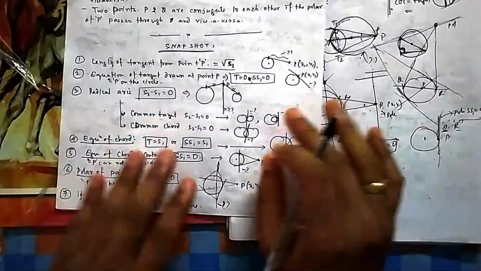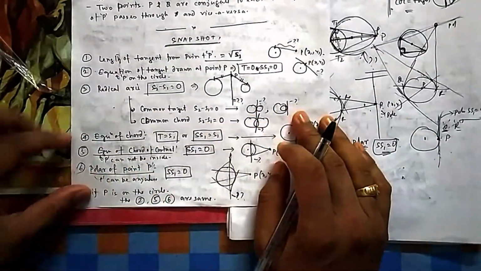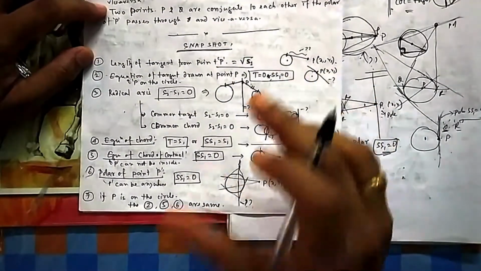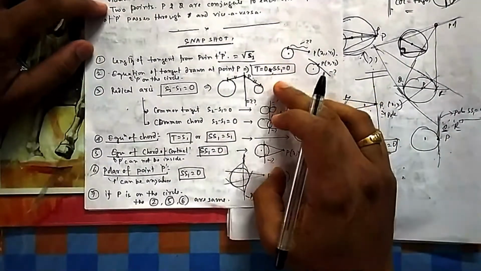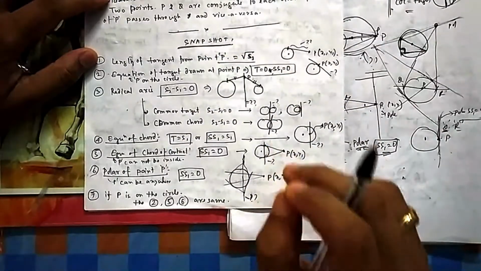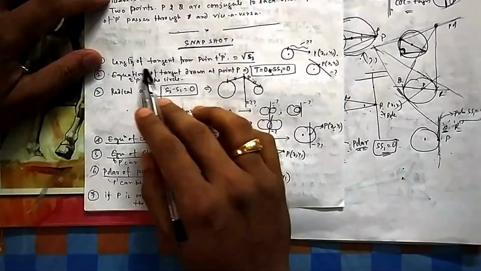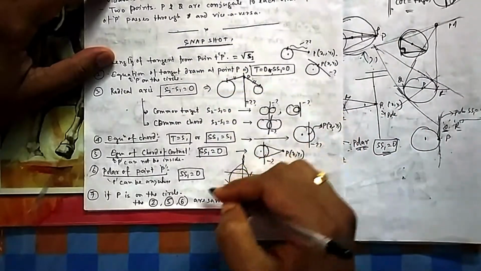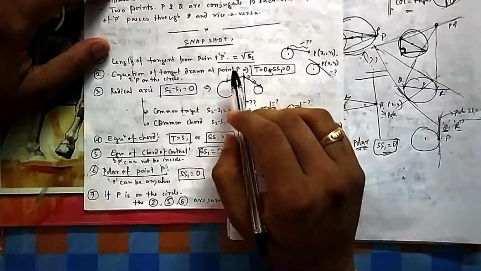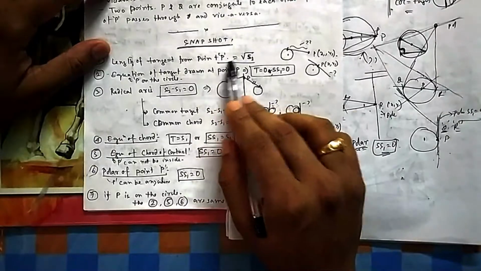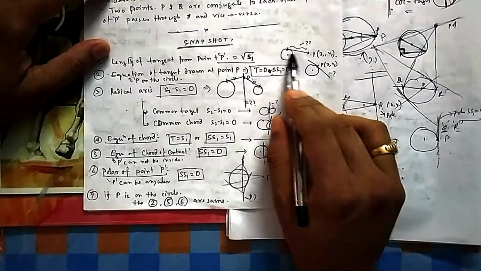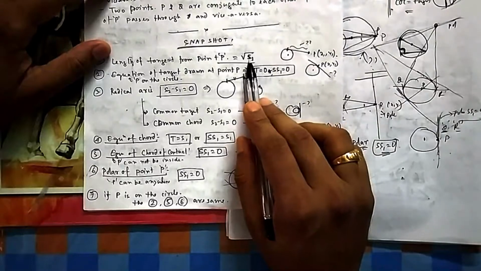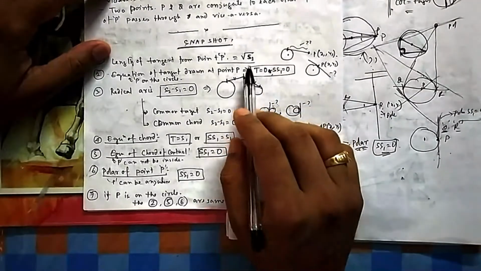So with this we have concluded the theory of the circle. Just before completion, because there are lots of SS1 forms, I thought I would give a screenshot of the SS1 portion so that it will be easy for your understanding, because the location of the point is different in each. First we have learned the length of tangent. We have learned lots of other things, but we are not going into those. I am only considering SS1, S1, that's all. The length of tangent from an external point is the root of the power of the point. S1 is the power of the point. Power of point is obtained by just putting the point in the equation.